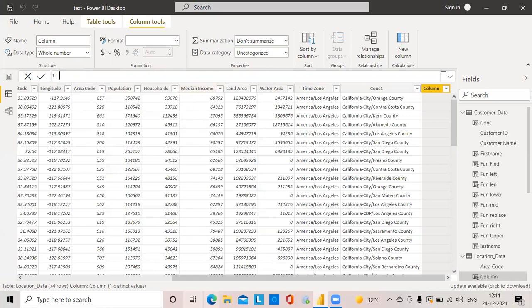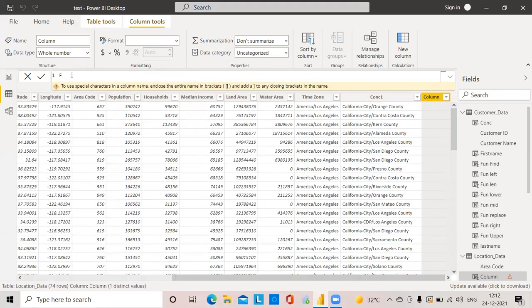This is the concatenate function, which I have created earlier. Suppose I want to substitute this hash with hyphen or hyphen with hash. So I will use the substitute function here.